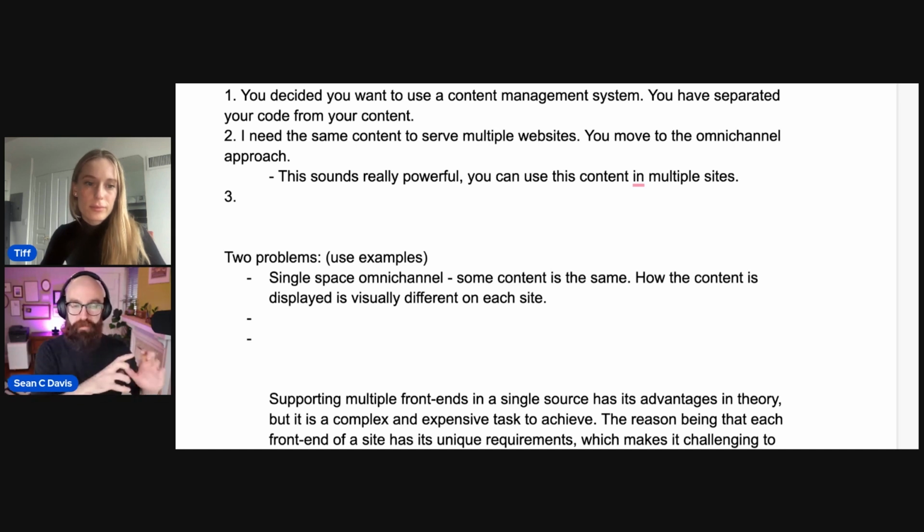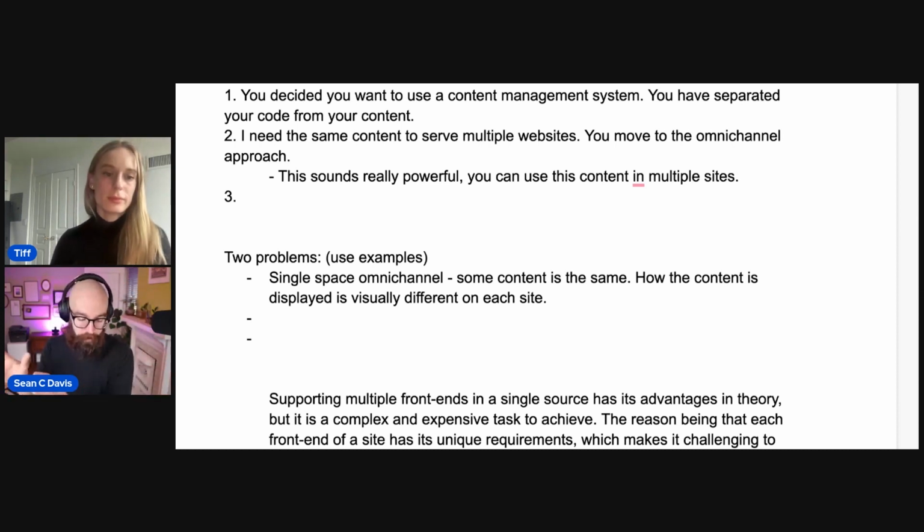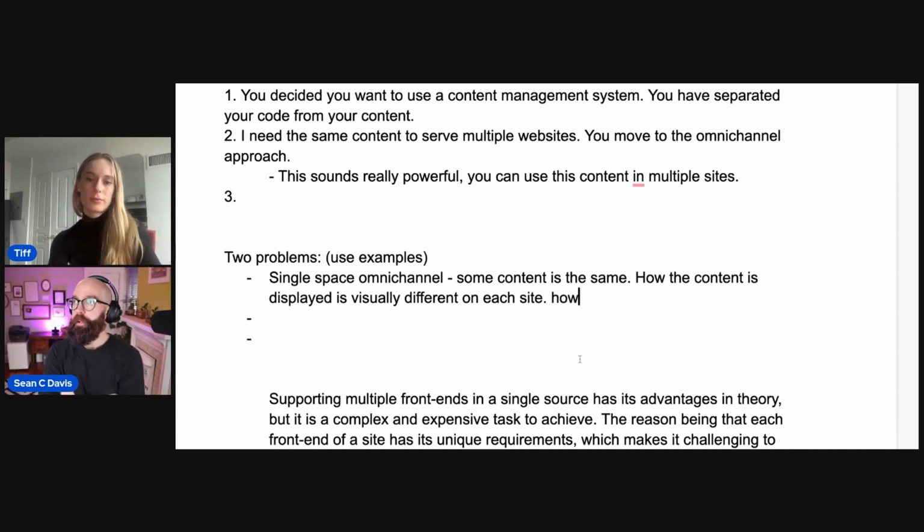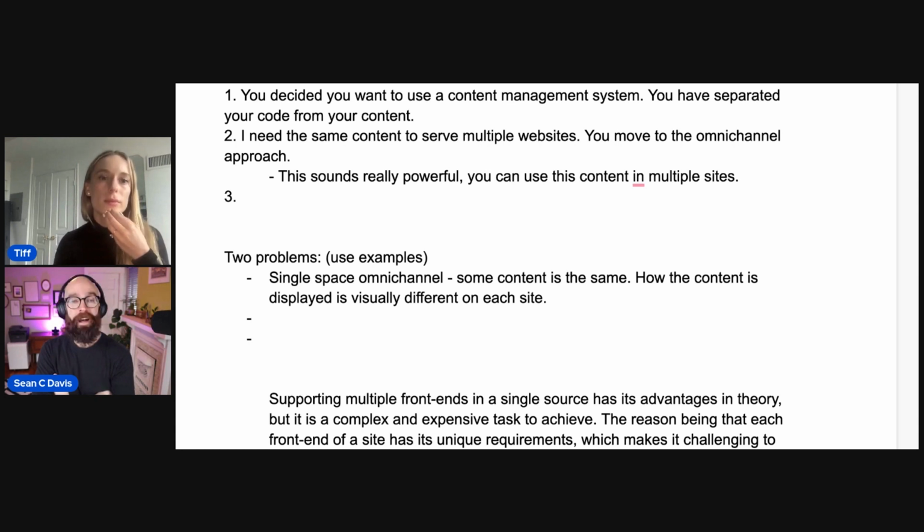But that's basically problem number one. And so you can go really deep on that. Problem number two is that there might be content itself that is unique